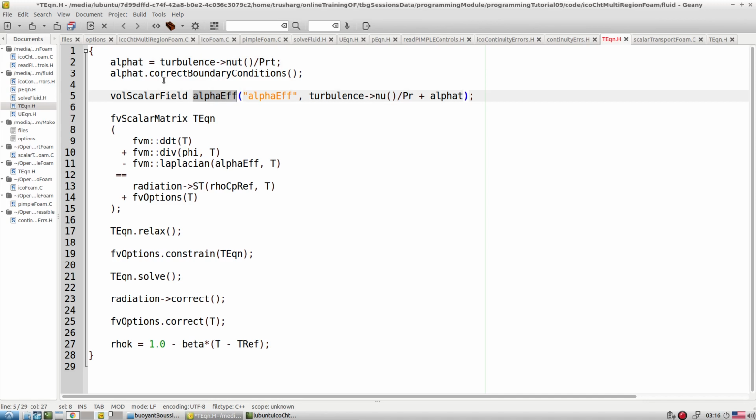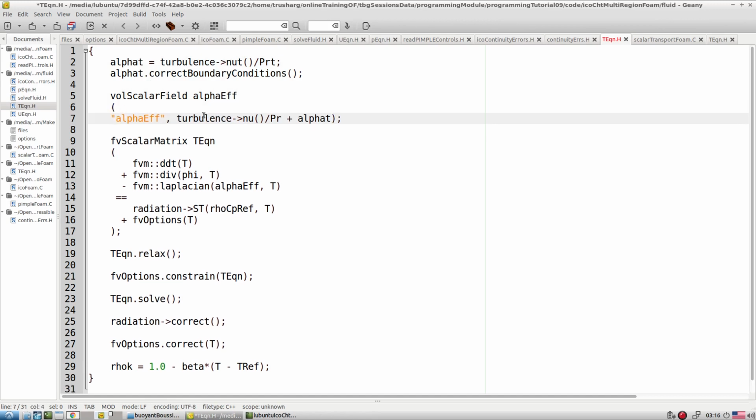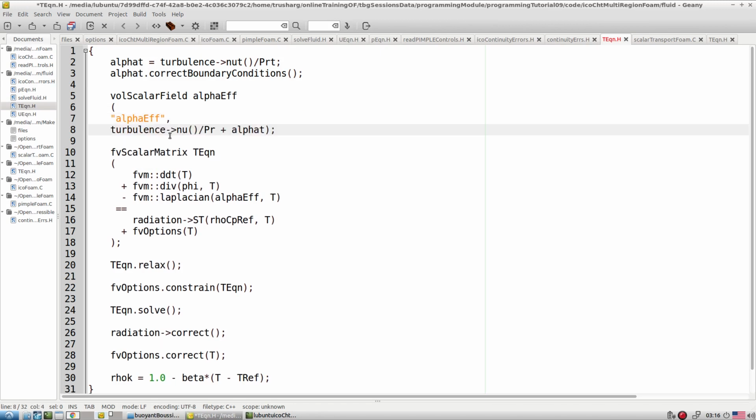So for that we straight away define it here, because we need not define alpha t. It's better without defining alpha t; one can quickly create this volume scalar here itself. Let's say alpha effective, we define here itself. Alpha effective we use the way we want. Alpha effective is the name, and then how we are modifying, we are modifying in terms of